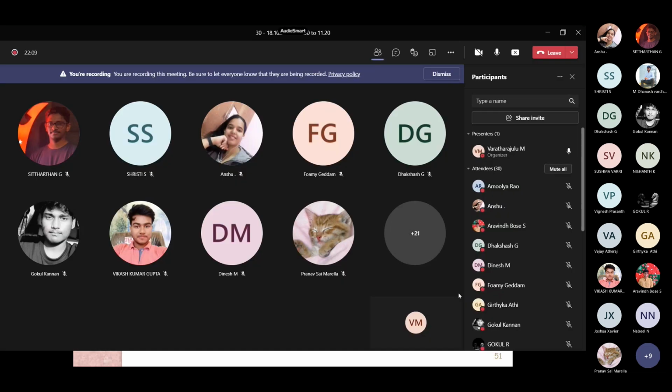Any information from Kanyakumari? What happened in the past 3 days? What happened? My grandmother just said it's raining a lot there, continuous raining in my grandmother's area. I don't know other than that.